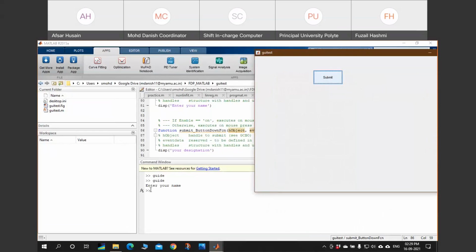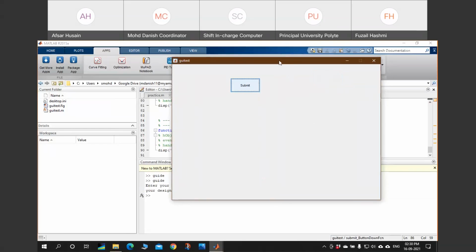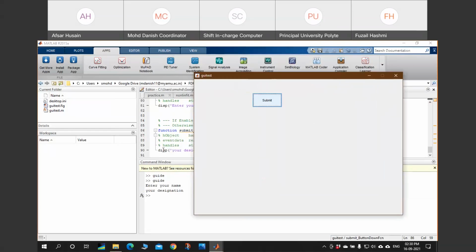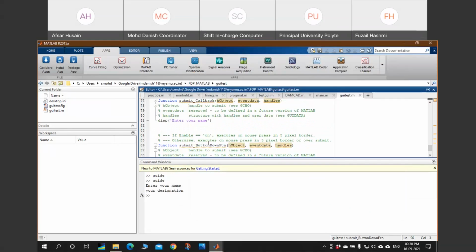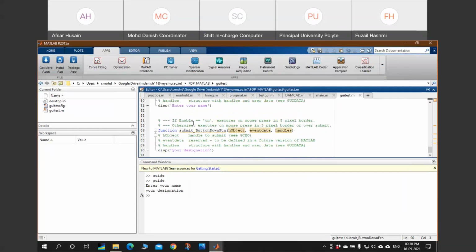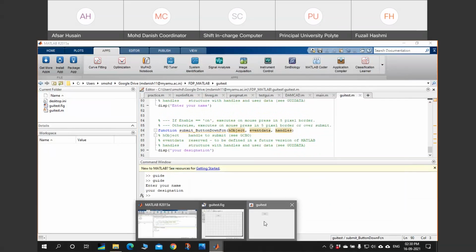See, in the command window it is executed, saying enter your name. Now let's see what will happen when I right click it. It should say your designation, and in the command window it is saying your designation. So both the functions are working correctly. Our button is okay. For this example, I have just chosen this function. Whatever the feature of your program will be, you have to program it accordingly.